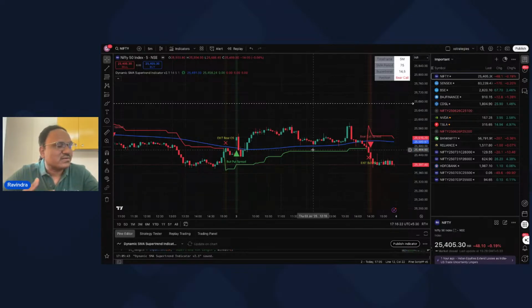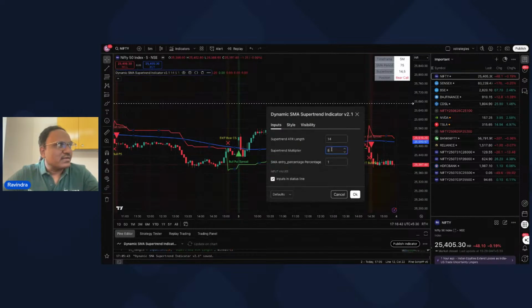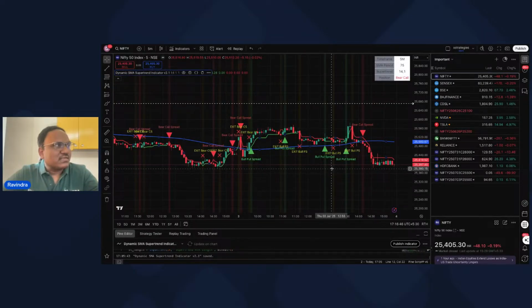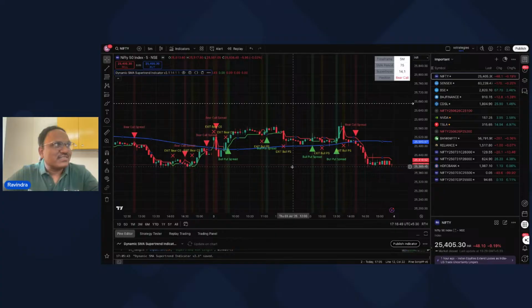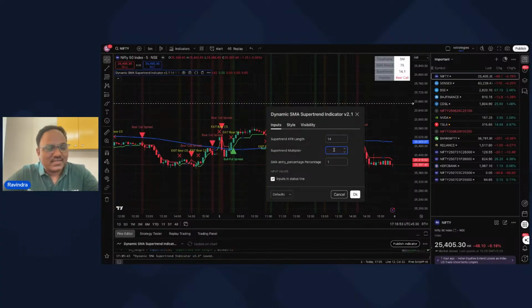But you can always induce the signals into this particular thing. I mean, not only this one, any trade that you take, you can always change the parameters and see if you're able to get the signals you want. Technically you can take this trade at any point of time, but you can change the settings. For example, let's say if I do 14:1, for instance. Yeah, it gave multiple signals, right? So it's very cumbersome, and it probably would not give anything to you.